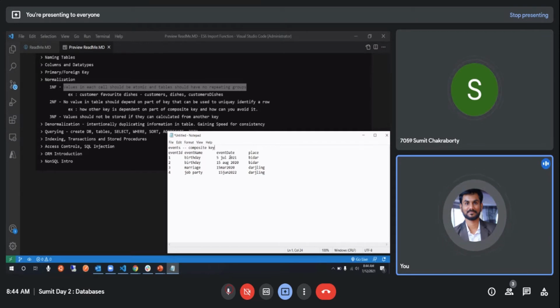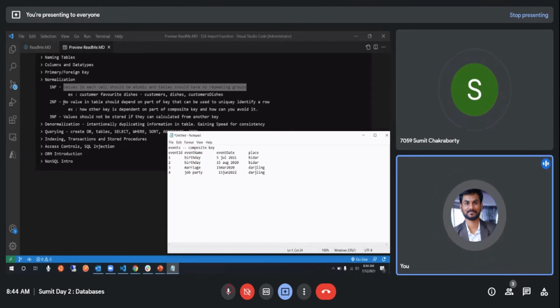So the first person's birthday is happening on 5th July, the second person's birthday is happening on 15th August. So that's absolutely fine. Next, the third one is marriage, and that's happening on 15th March. You can take this combination and say this event happens at a certain date, and you're sure about that. And the combination of these two is what I call my composite key. Okay, so that's already fine.